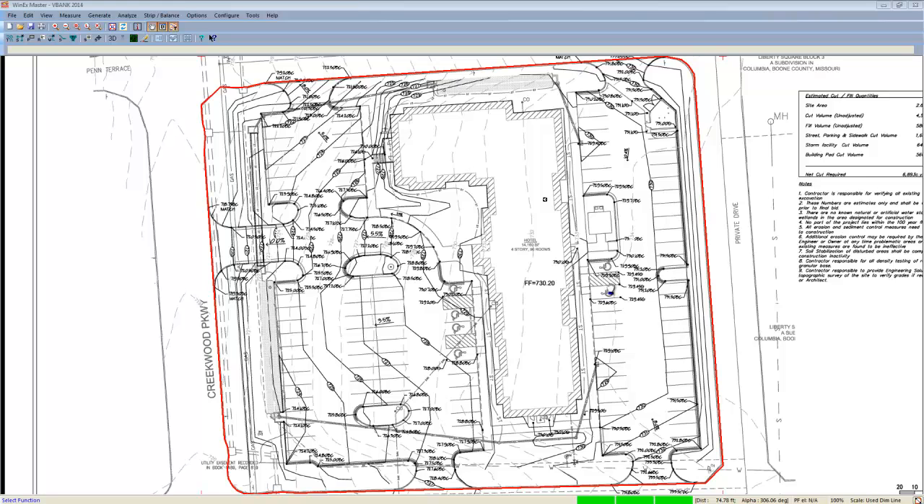To get started, we'll need to set up our job by setting the outer perimeter, the elevation range, and the scale. For more information on how to do this, please see the Getting Started tutorial. Next, we'll need to set up the match points. Just like with Alternate Plan or Plan Builder, WinXmaster uses match points to properly scale and align the data between